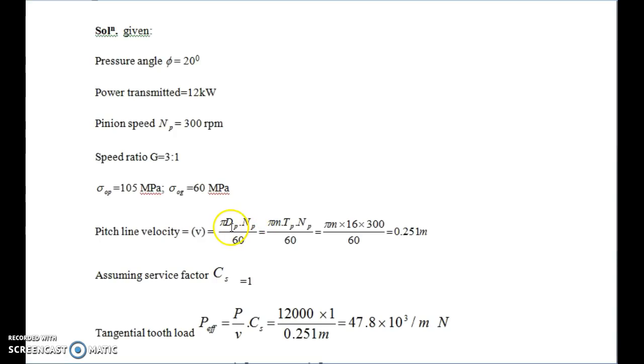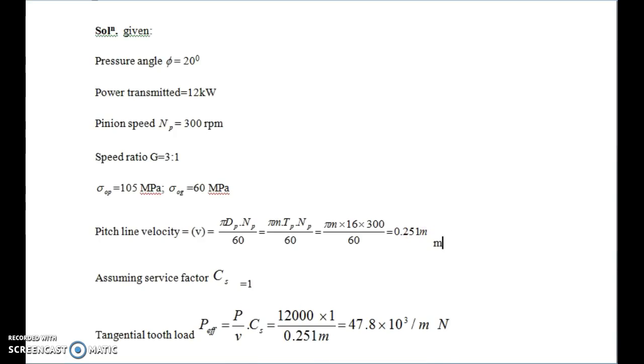Dp equal to m Tp, because module m equals diameter upon number of teeth, and Np is written as Np. Next we write pi m Tp, the number of teeth on the pinion equal to 16, multiplied by the speed of the pinion equal to 300, over 60, so it comes out to be 0.251